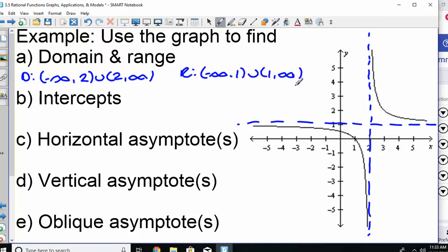You notice those asymptotes are where we have breaks in our domain and range. The vertical asymptote is where your domain breaks. The range typically breaks at a horizontal asymptote. Intercepts. X-intercept, where does this graph touch the x-axis? 1. If I asked for an ordered pair, it would just be 1, 0. Y-intercept touches the y-axis at 1/2. If I asked for a point, that would be